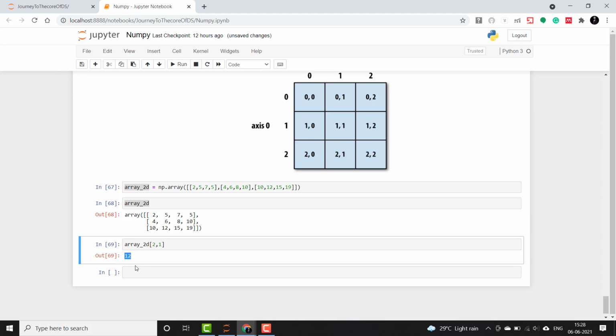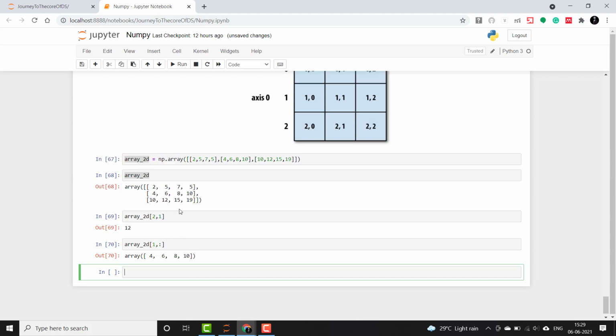Now let's say that we want to slice the second row and all the columns. Then we'll say array 2D, 1 comma colon. The colon represents all the columns and this is the second row. So it will fetch this, ideally. Let's see. Exactly, this fetches this. If we don't give this colon, it will also work. This is just a representation. We are fetching all the columns from here, so by default if you don't give it, it will still work.